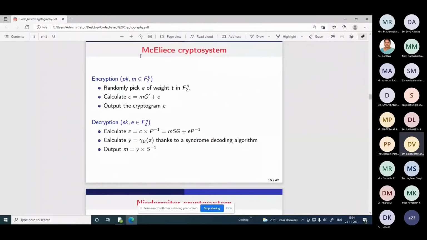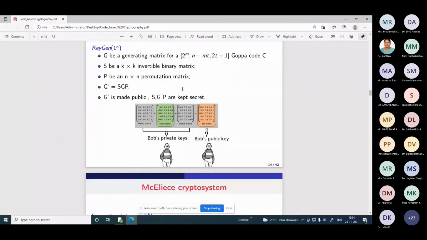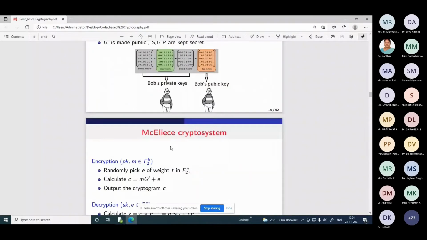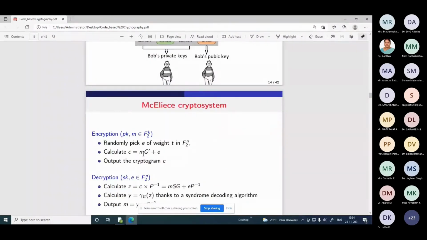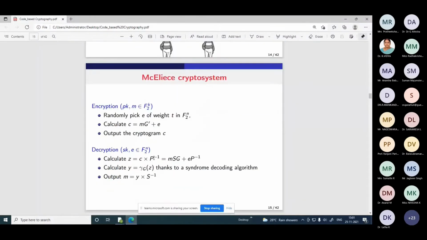So now we can see the encryption process. If Alice wants to send a message to Bob, Alice has to choose Bob's public key, right? So Bob's public key is G prime. So Alice chooses a message M times G prime. Along with that, an error vector of weight at most T is added. This resultant is your code word, M times G prime plus an error vector. The resultant cryptogram is sent through the noisy channel. So on the receiver side,